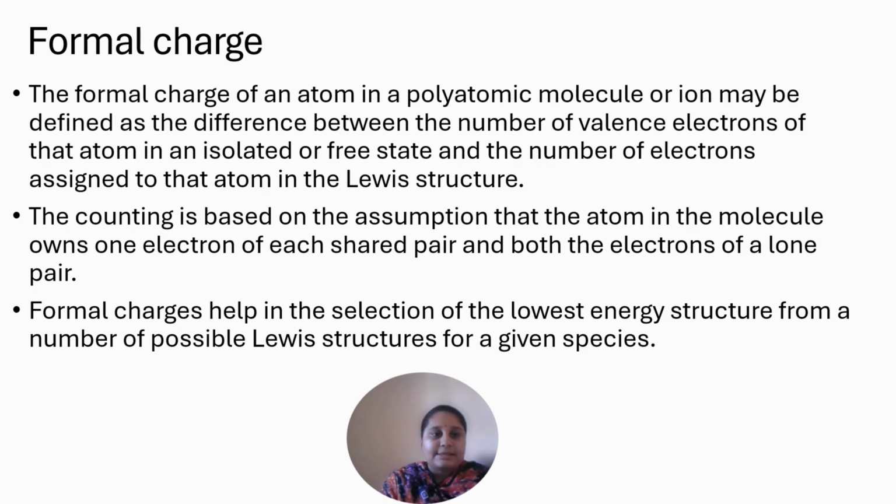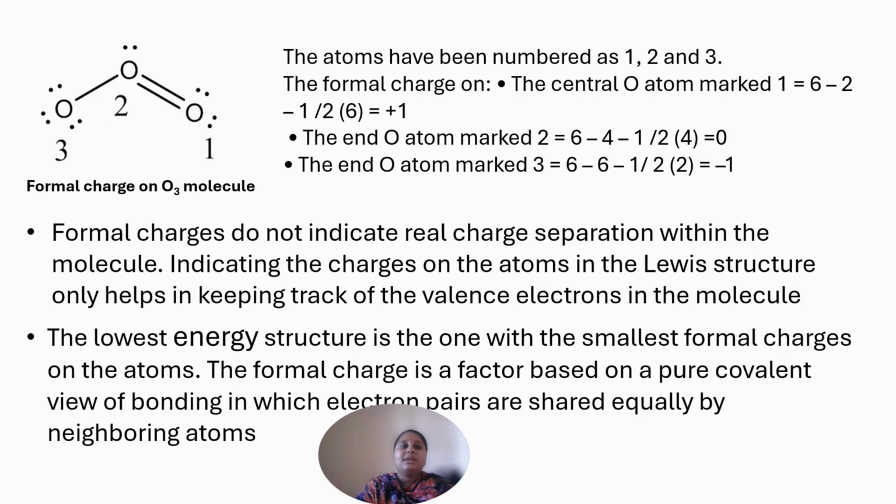Then what are the limitations of the octet rule? The first is the incomplete octet of the central atom. In some compounds, the number of electrons surrounding the central atom is less than 8. This is the case for elements with fewer than 4 valence electrons; examples are lithium chloride, beryllium hydride and BCl3. Lithium, beryllium and boron have only 1, 2 and 3 valence electrons. Some other compounds like AlCl3 and BF3 also show this. So the incomplete octet is seen in these molecules.